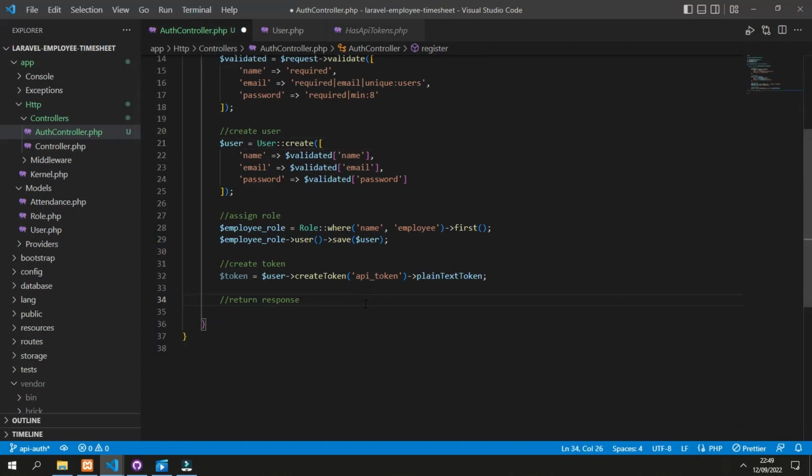Now after we create the token, it's time to return it. So let's have a response variable that has a user and the token, let's say access token.